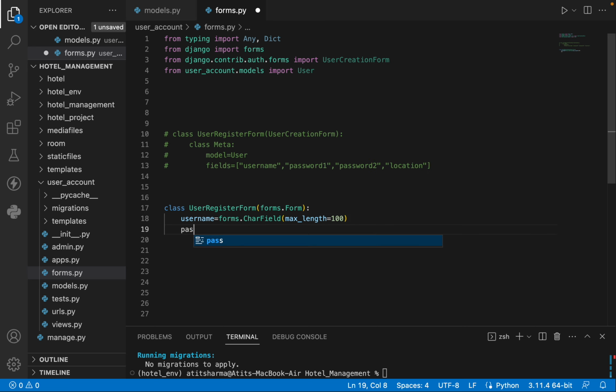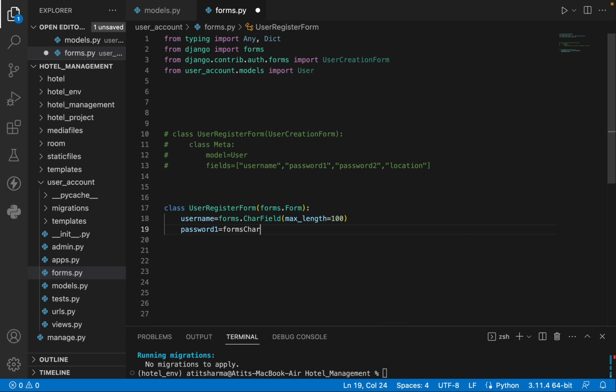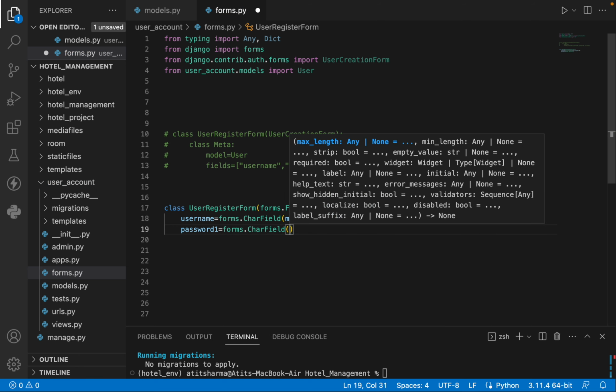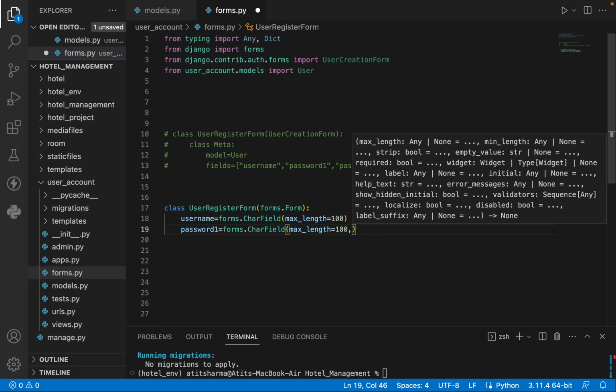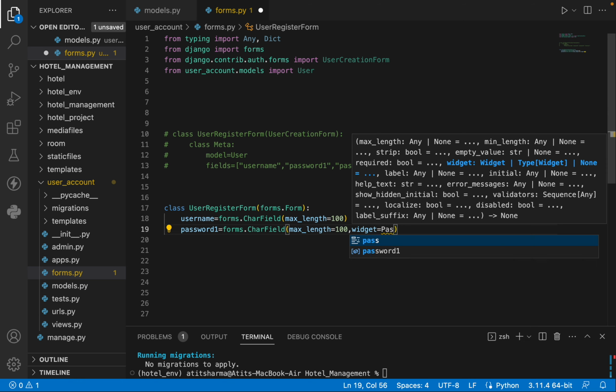And we will add password1 as a forms.CharField, also with a max_length of 100, and also give widget equals